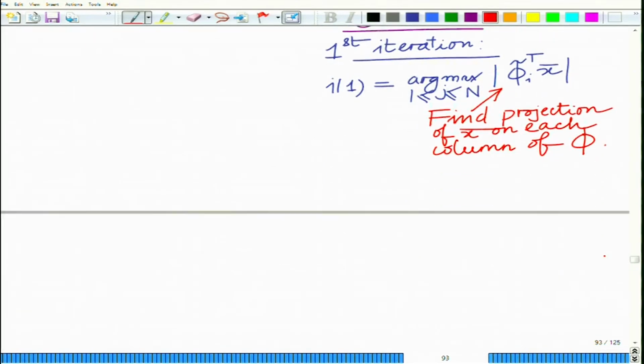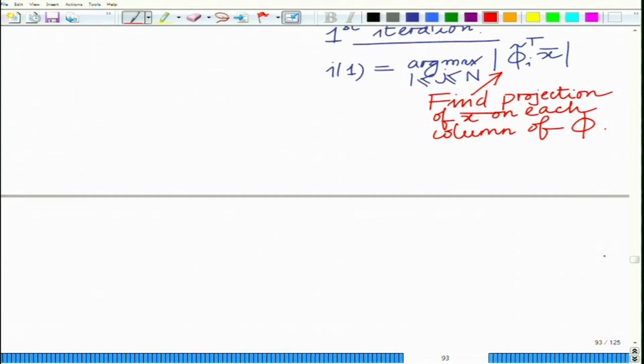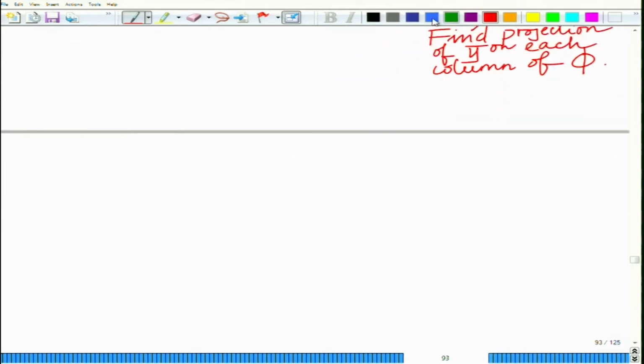This can be done as follows. What we are going to do is simply perform